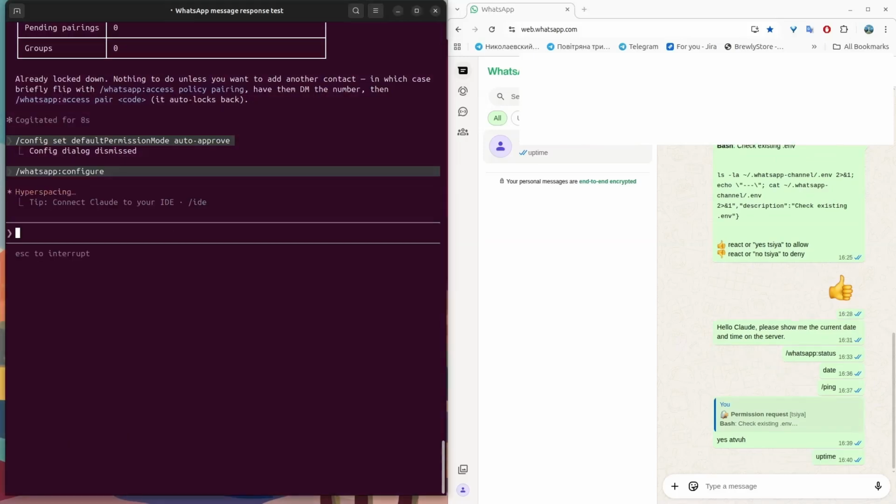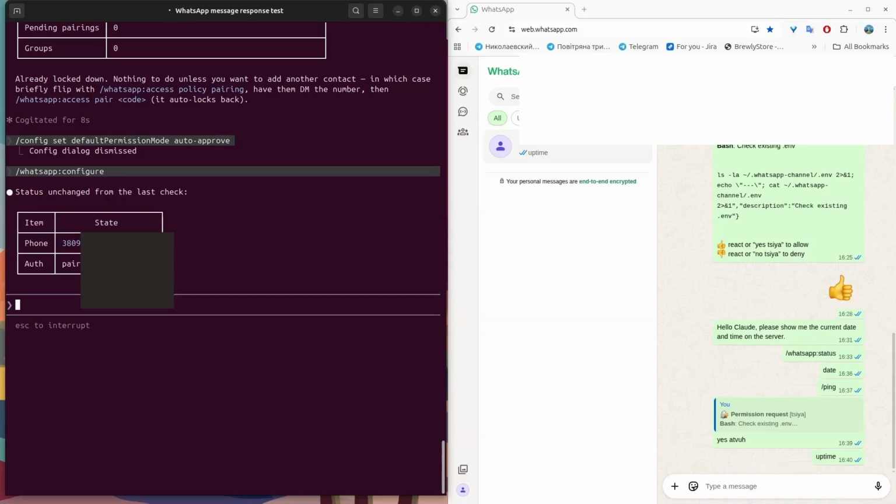Now that you have such a tool, you can attach anything to it, from managing repositories on GitHub to checking